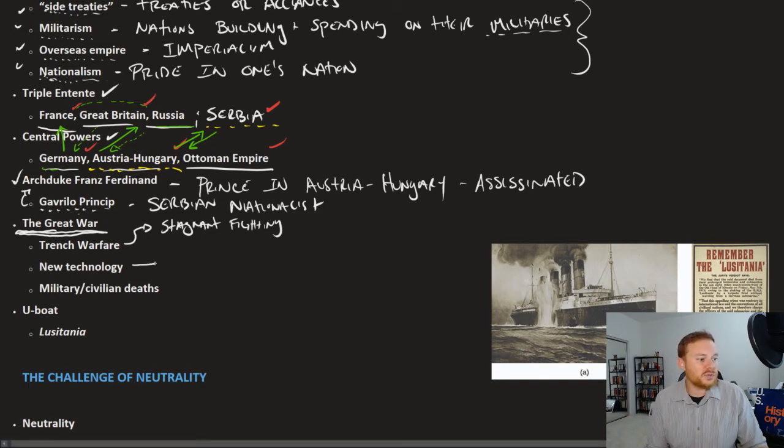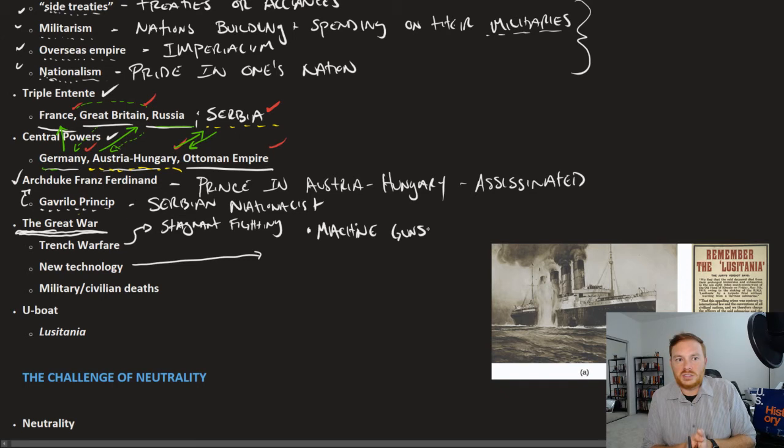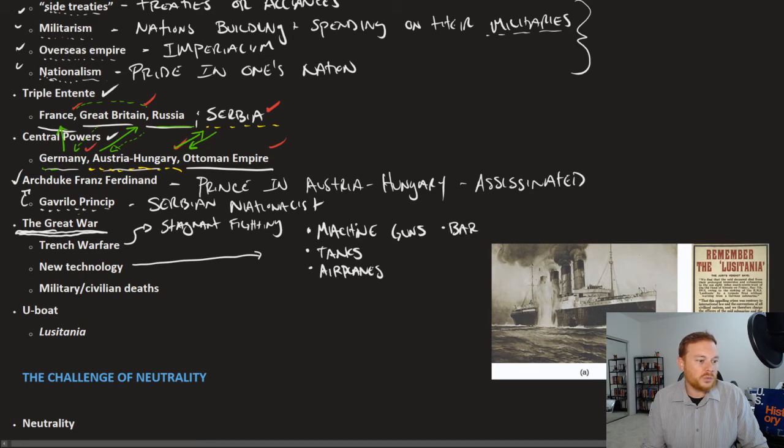New technologies really made this conflict something else. So these were all new weapons that were being used. Machine guns, again, that were so deadly that one could only hide in the ground to get away from it. You had tanks, which were new weapons. Airplanes, which had never been used before on a battlefield, being used for the first time. Barbed wire, which made attacking pretty much impossible. And poison gas, right? Which was also chemical warfare. I'm not sure if that's how you spell poison, but whatever. Which was a version of chemical warfare.